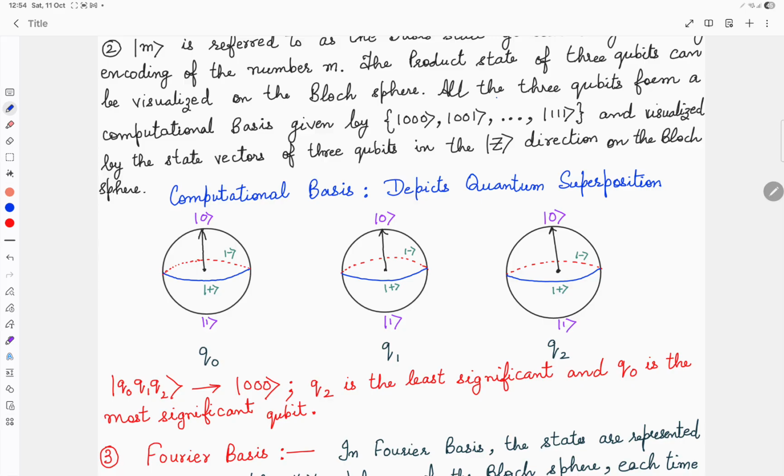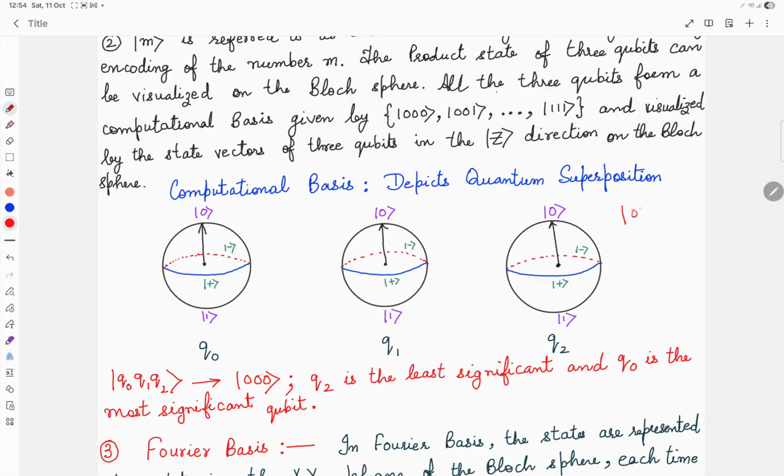Now let us say these three Bloch spheres actually represent the state vector pointing, coinciding with the positive z axis. That means this represents a ket 0 value. The second qubit is also ket 0, and the third is also ket 0. So the product state represented by these Bloch spheres is basically